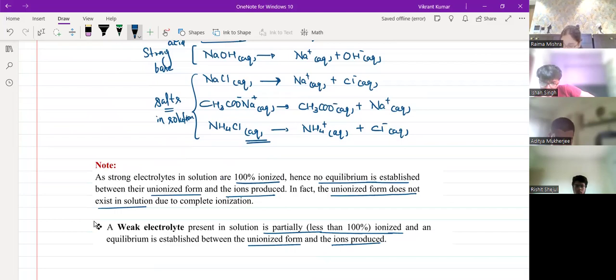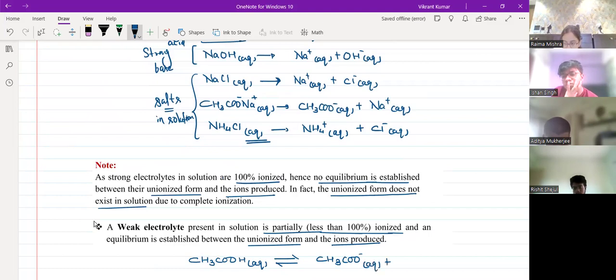If I give you any acid which is not strong, like acetic acid, it is not called a strong acid, it is considered to be a weak acid. So that's why, देखो, sign change हो गया. Reversibility का sign we are getting, and that's why they are going to give you some ions but not 100% ionized. So it will give you H plus and acetate ion, but because it is having reversibility, it will have an equilibrium constant.